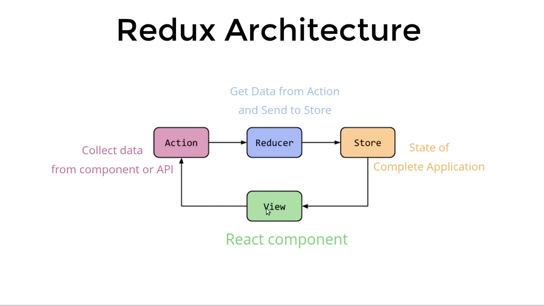So view is basically our React component, and these components have input fields, images, buttons, whatever we can see on our browser. Our React application is basically a view. A React component will perform an event like a click event, or any hover or typing event, whatever kind of event we can generate, and just call the action, right?